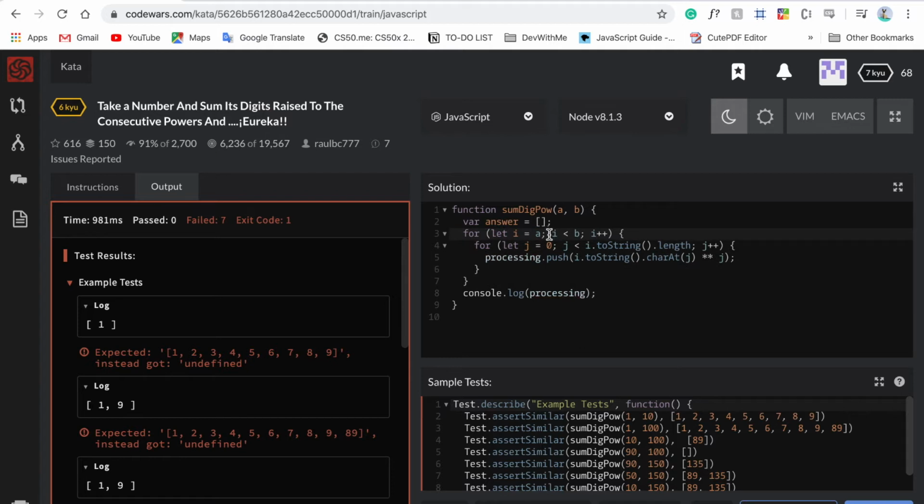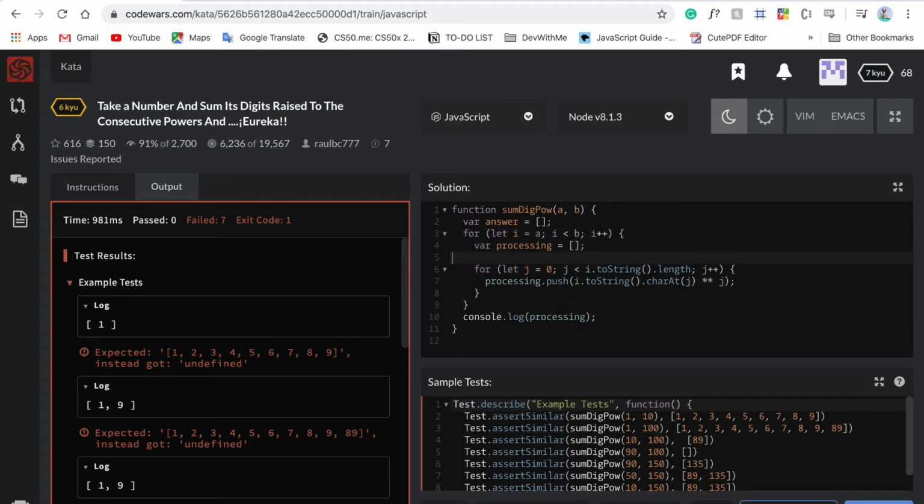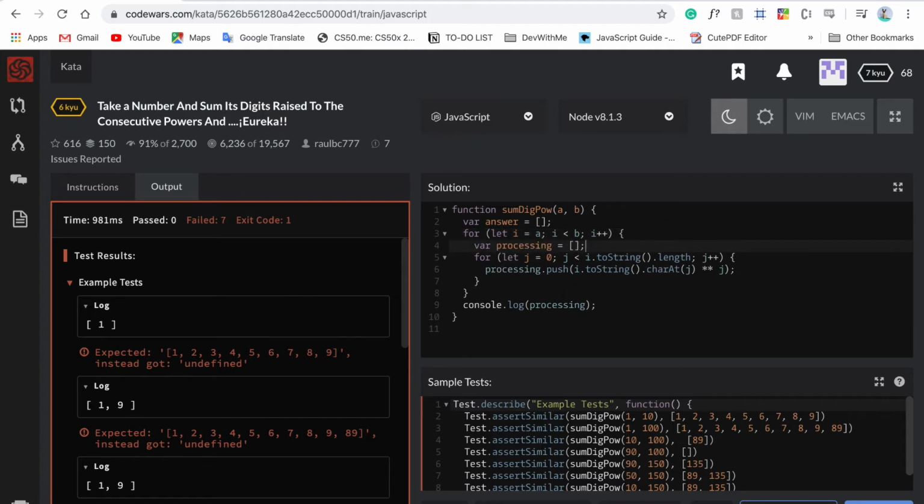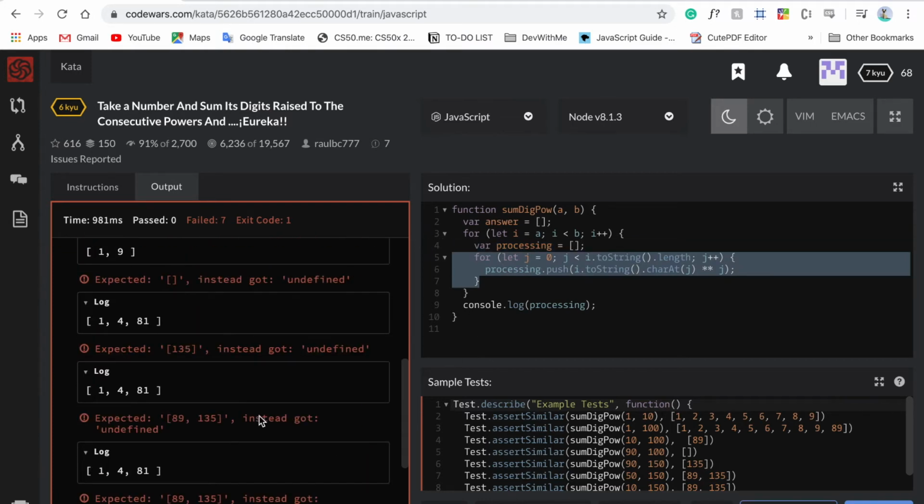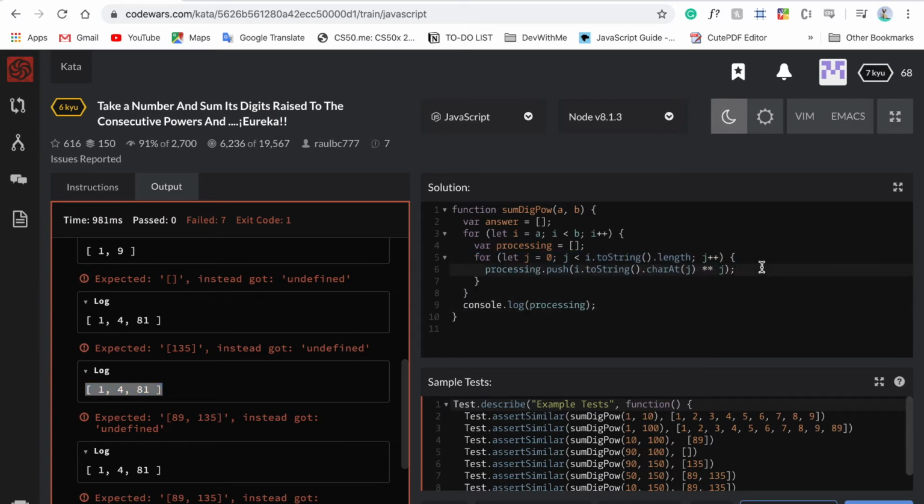Okay, so let me think. How should I use it? So this is in this loop only because I don't want to globalize it really. Because, yeah. So if we can add these two together, so